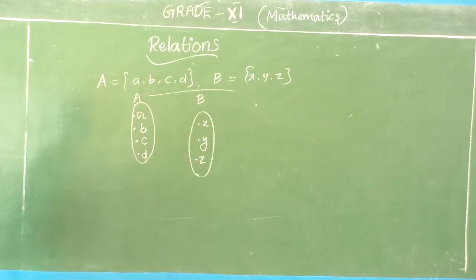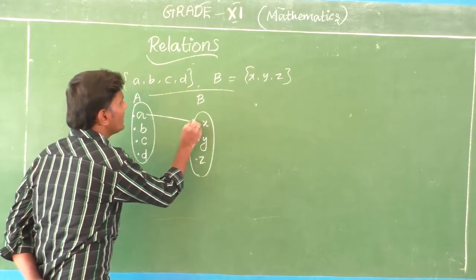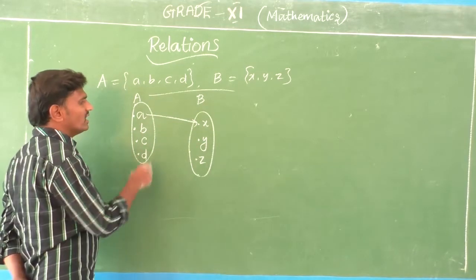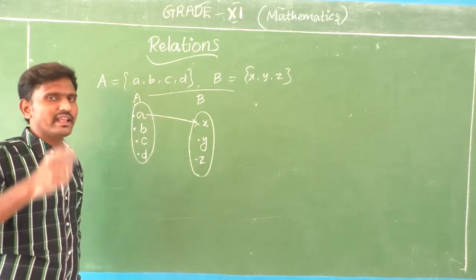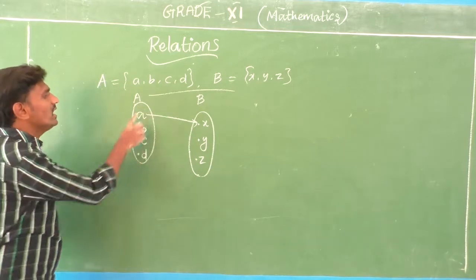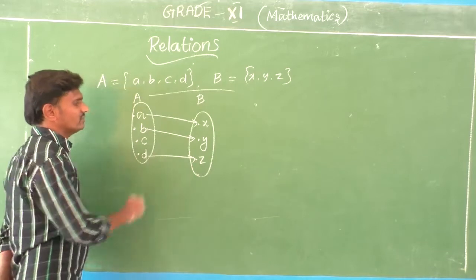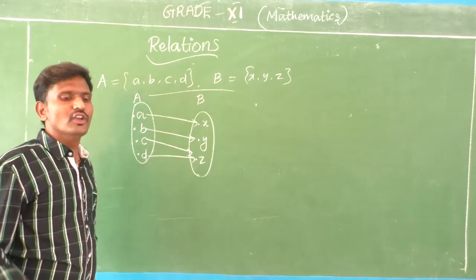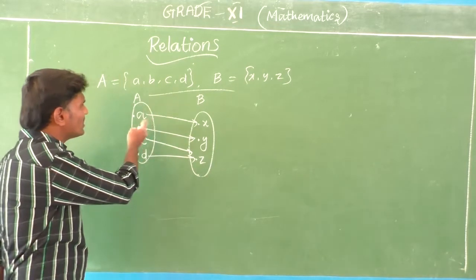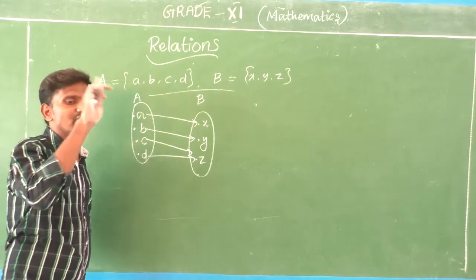Now anything in A is going to function for this mapping. Take it like the word mapping. a goes to x, b goes to y, d goes to something else, and so on. How does this come, sir? Why are you giving this kind of mapping? I will explain it to you.